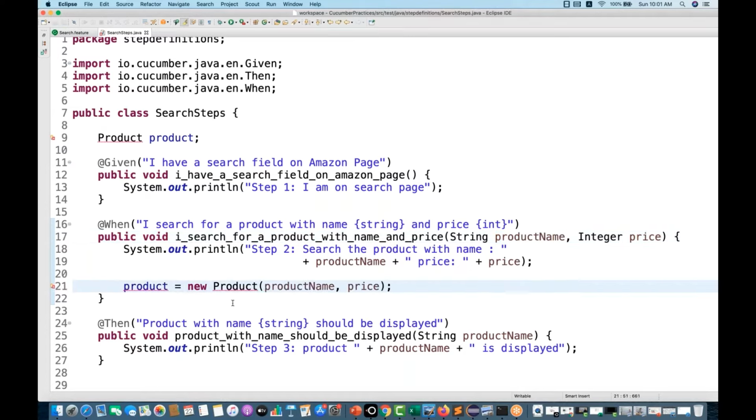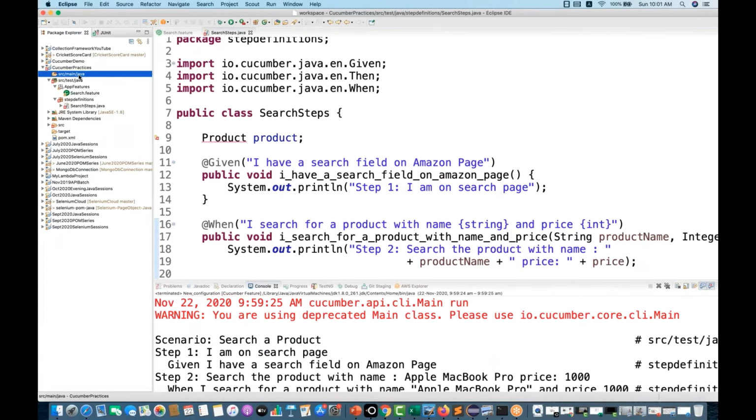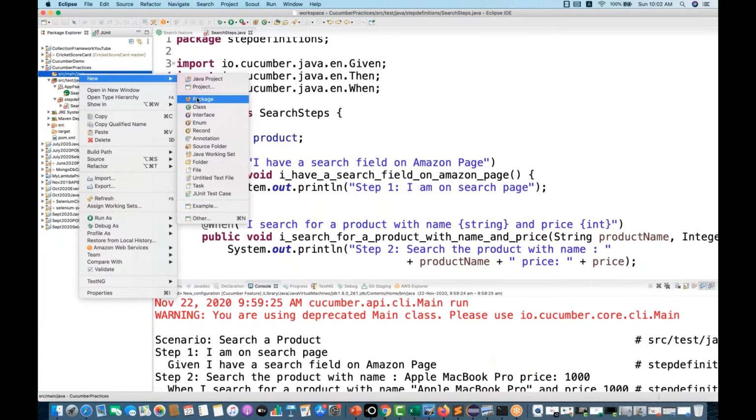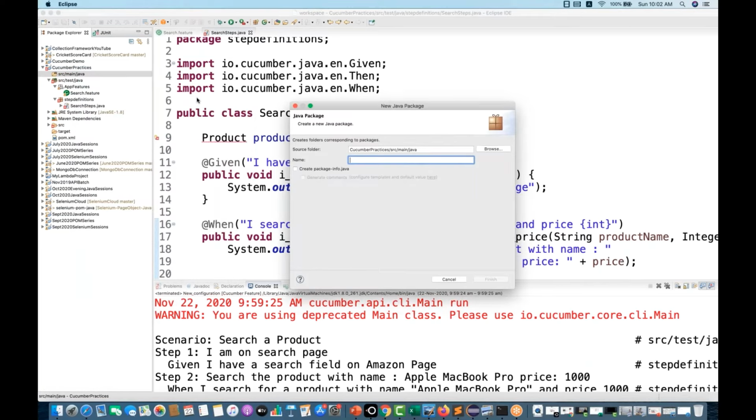But here we know that the product class is not available. The implementation is missing over here. We don't have any class for that. So I'm going to create a product class. Simply create a class product under my src main Java, right click on it, go to new and create a package over here. And here the package name I'm going to give